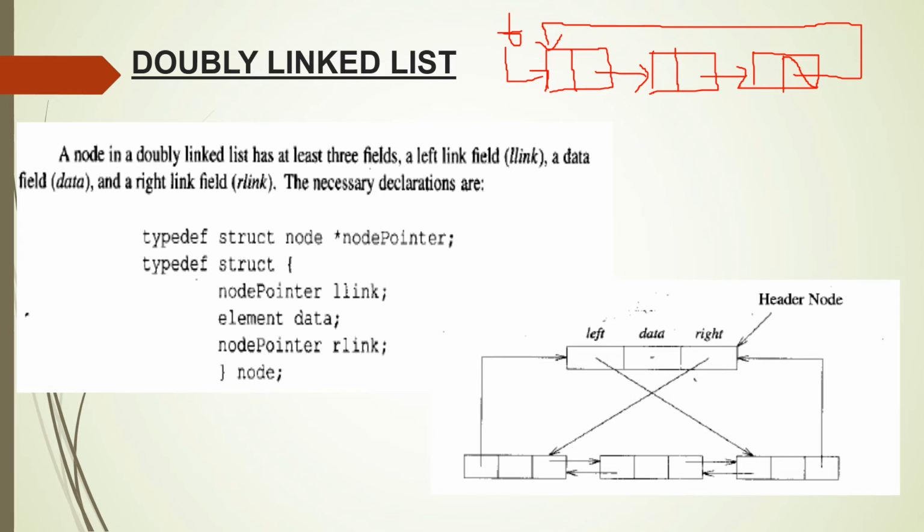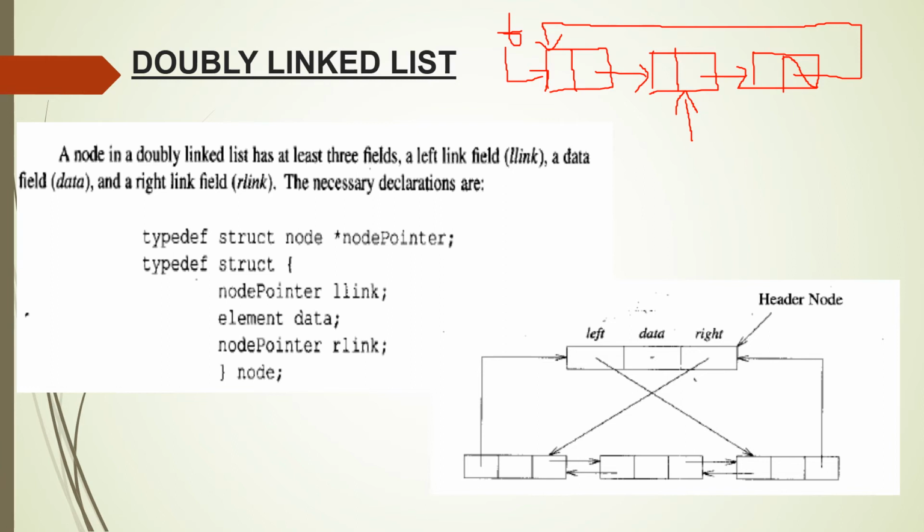For example, when you are at this particular node, it's not possible to access the node which is the predecessor of that node. You can access only the node which is next to that node. So if you wanted to access the previous node, you have to visit all the nodes in case of a circular single linked list, and then come back to the first node, then you can access it. This is the main disadvantage of the simple linked list or circular singly linked list.